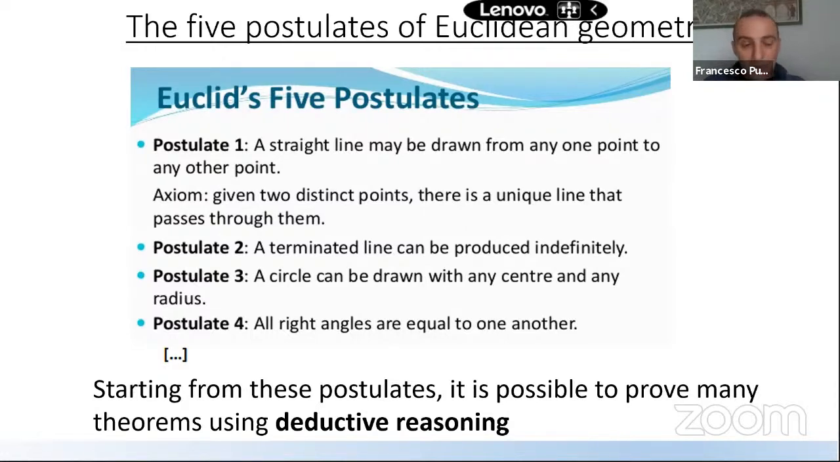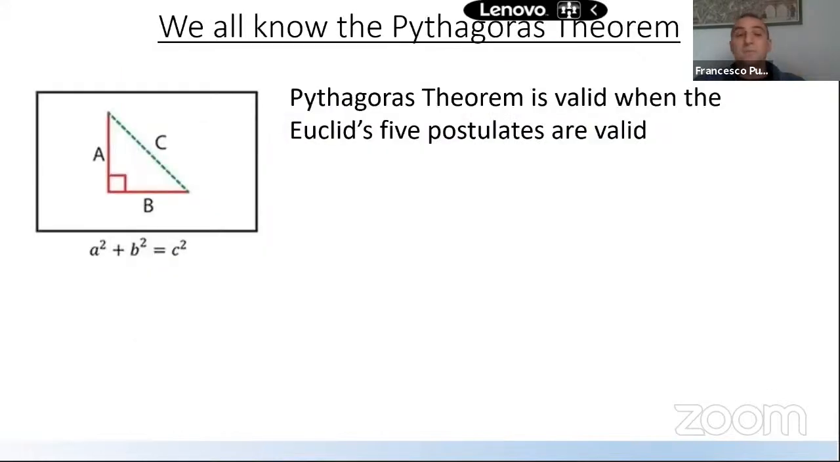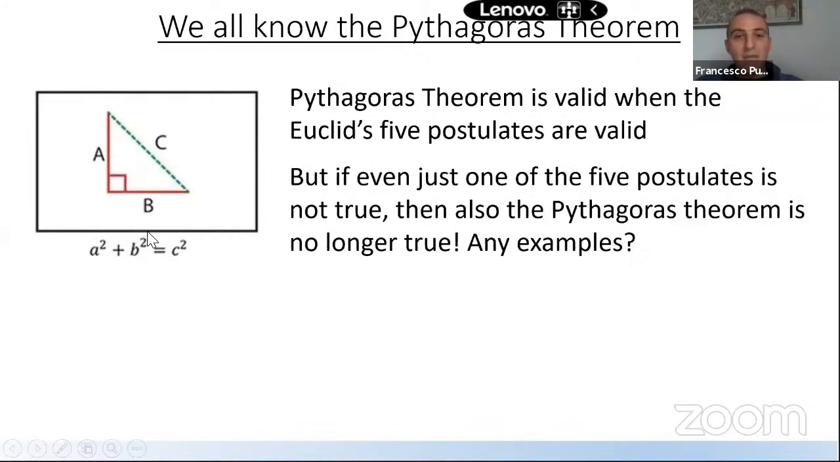So there are proofs, arguments saying that if you accept these 5, then as a consequence, necessarily, other proofs can be delivered. And one of them, we all know, the Pythagoras theorem. The Pythagoras theorem is valid when Euclid's 5 postulates are valid. So this is the formula that we all know. But if even just one of the 5 postulates is not true, then the Pythagoras theorem is also no longer